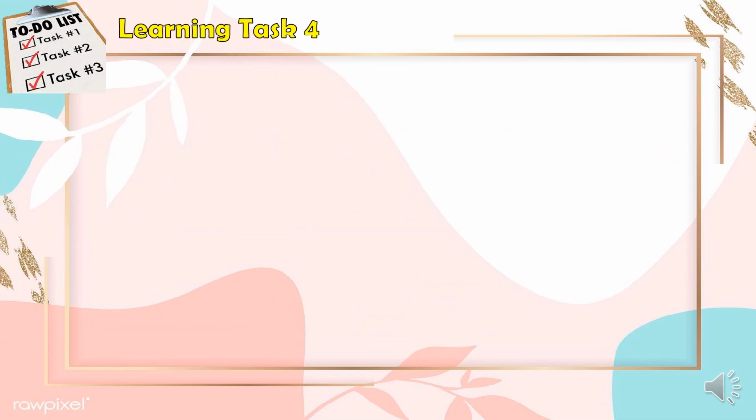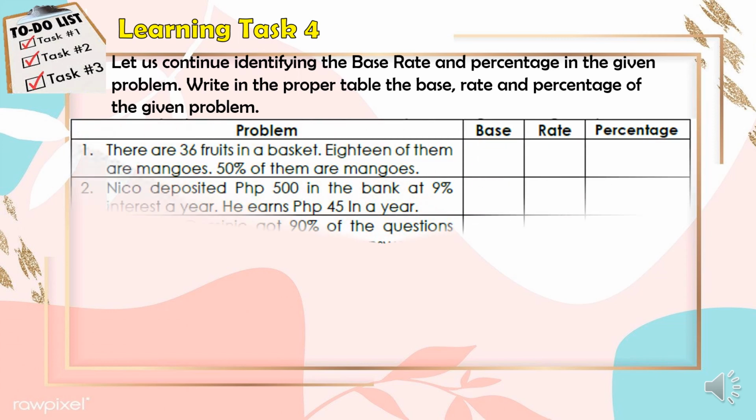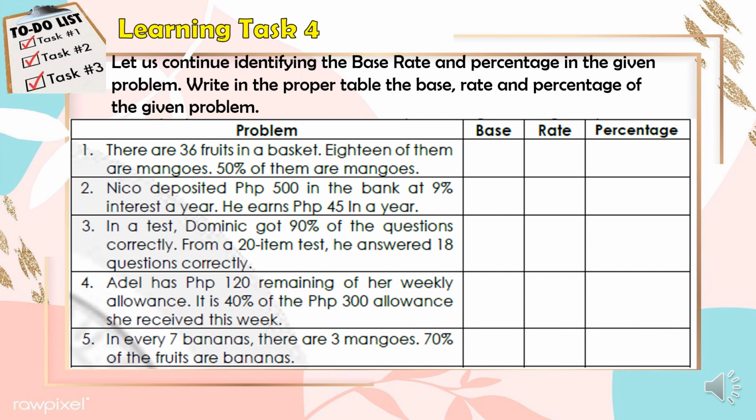Let us now answer learning task 4. So let us continue identifying the base, rate, and the percentage in the given problem. Write in the proper table the base, rate, and percentage of the given problem. So here is the table. So for the problem number 1,